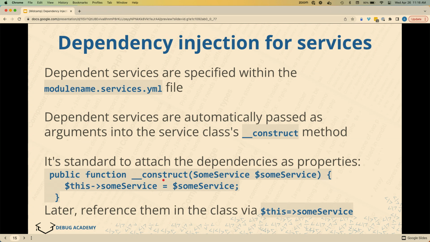If you do create it, most likely you would do this. You would create a property on your current object and store a reference to the service that they gave you so that you can use it elsewhere in that object. If you don't do that, it gets passed in and you don't do anything with it. So normally, that's what people do with dependencies that are injected. They store them all. And this should not be an equal sign. This should be an arrow, just like that.